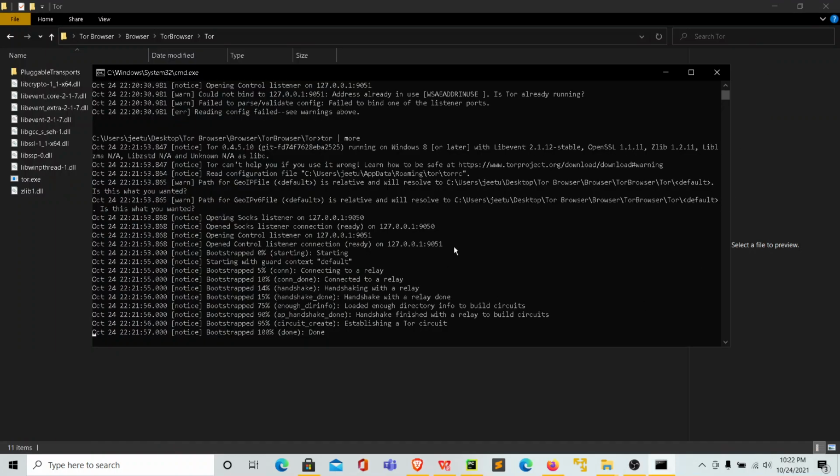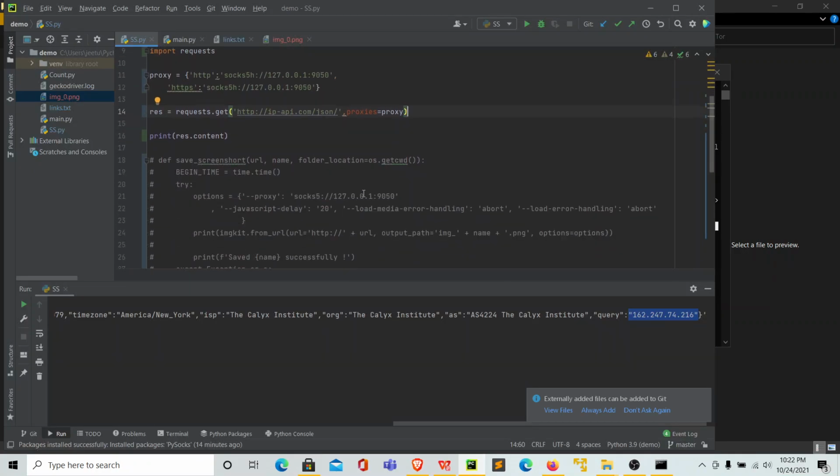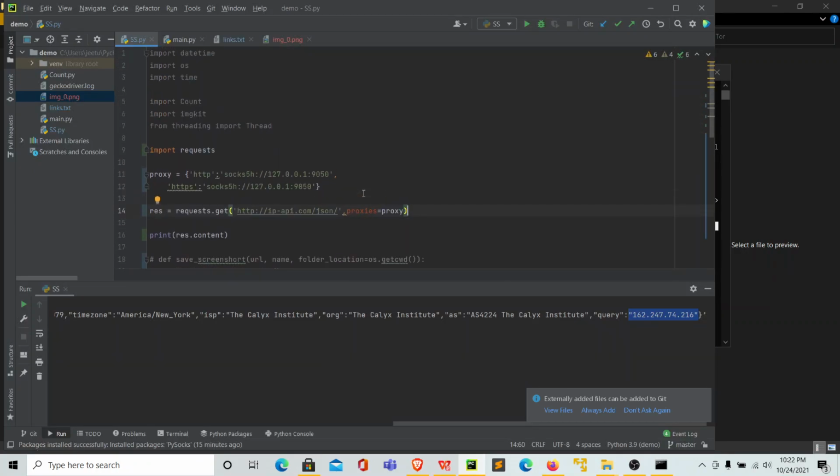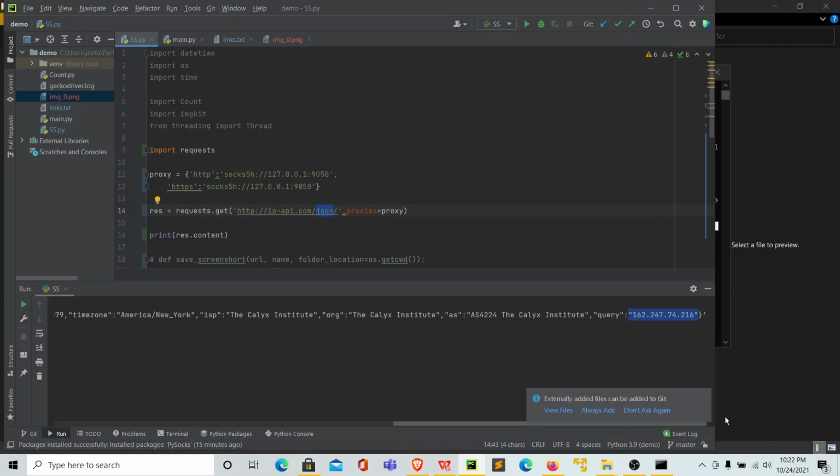After doing this much and confirming that your Tor SOCKS listener is open on port 9050, you can use it in any of your Python scripts or whatever you want. For instance, I'm making a GET request to the website ipapi.com and fetching the JSON from it, which will give the geolocation of my exit node and my external IP address.